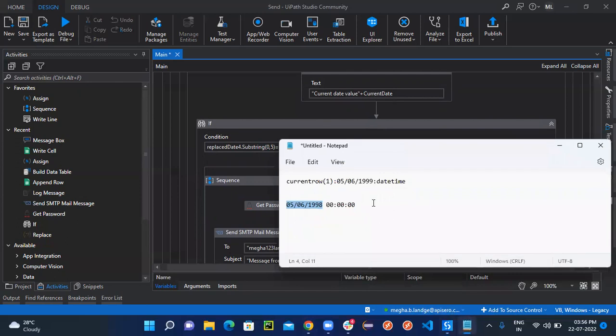Because listen, I got this date, 05/06/1998, and I got the system date, in the month of 7, 07/22/2022. Okay, so I wanted to compare only mm and dd, mm and dd. I don't want to compare the year. So